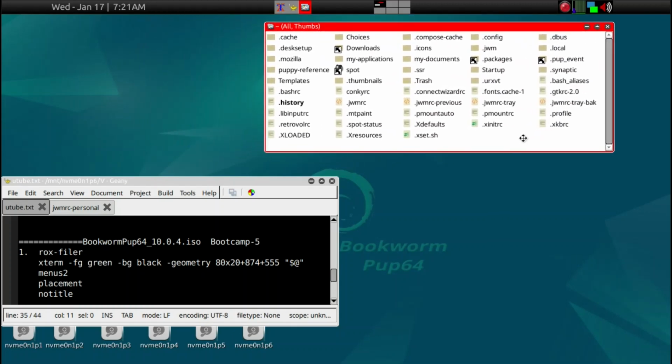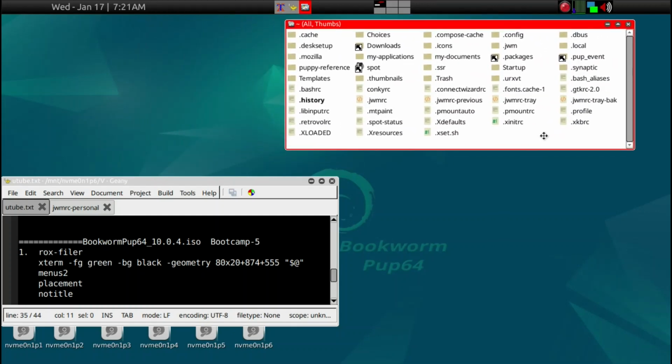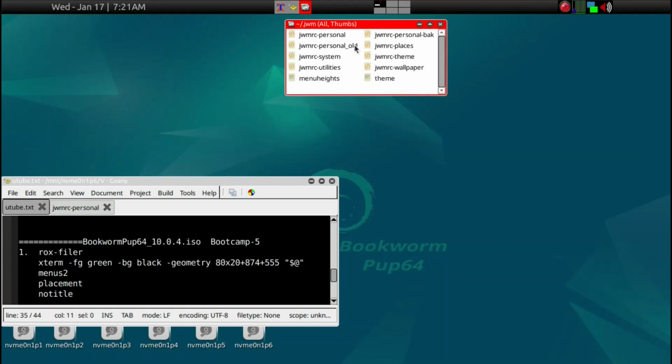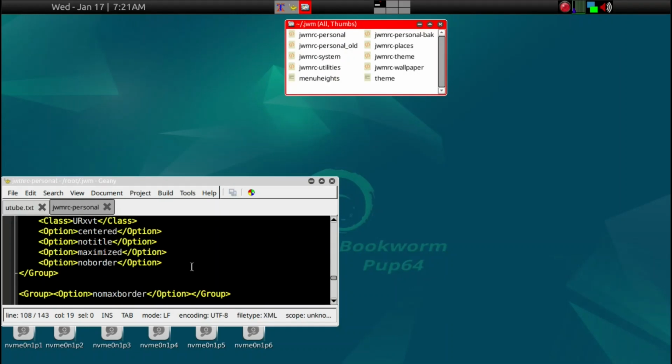So you can move it, again, without a title bar. So given that, what we can do is we can add a no title in the .jwm folder personnel file. So we can just drag that here, which I've already done, and then we can look at the